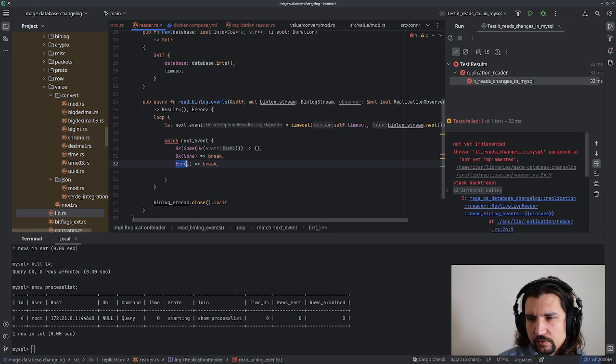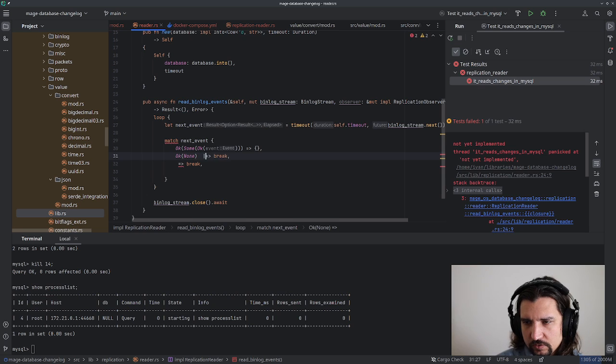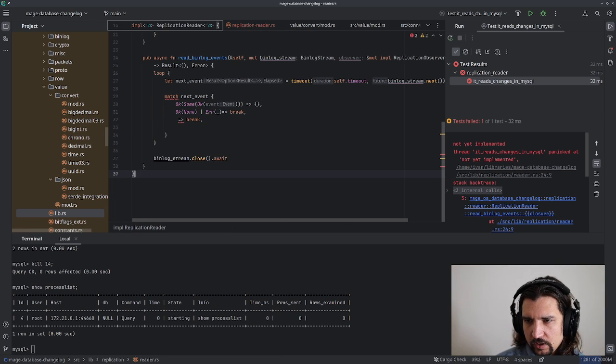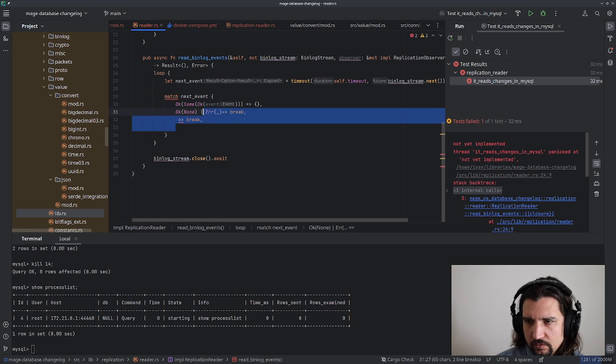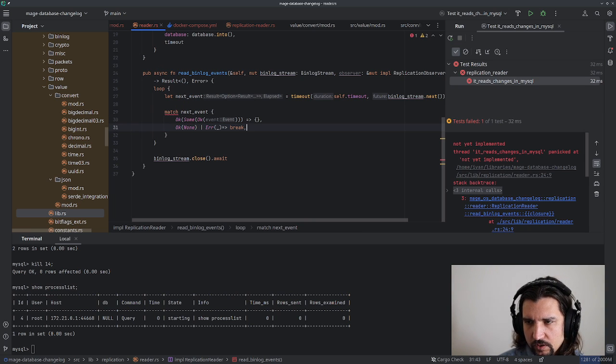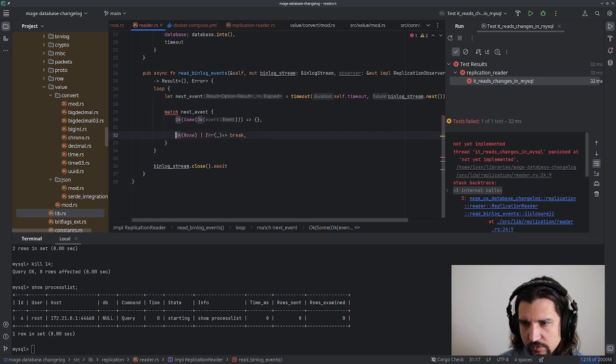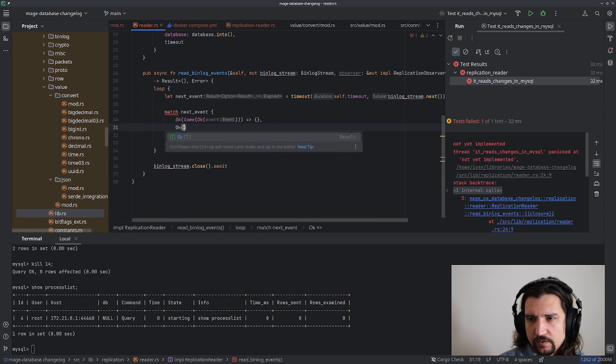So we probably can combine it two together, right, because they're basically the same. So we can just specify it like this. So either it's okay or none. If it's okay none or errors, then we break a loop and we just close the binary log stream and return early. Then we have okay,